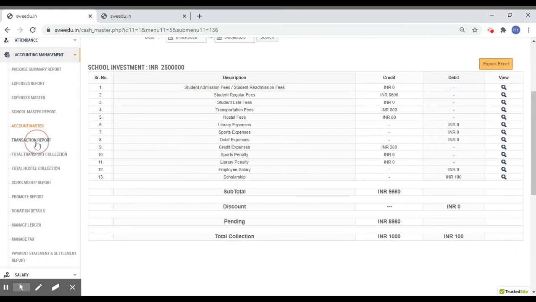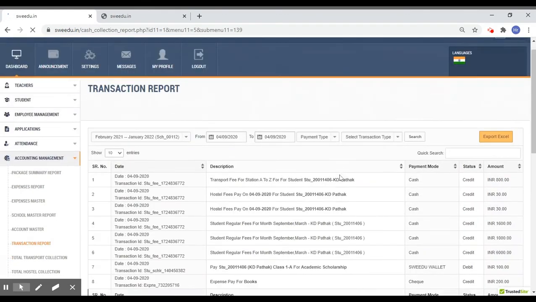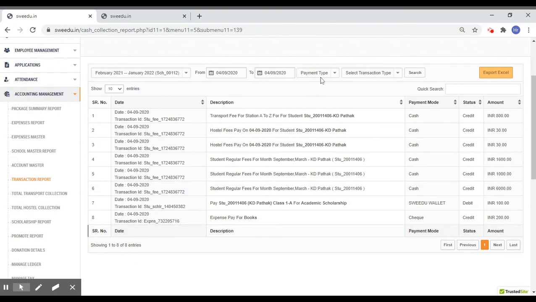In transaction report, all the transactions can be viewed on the basis of date, mode of payment, and type of fees. All its details can be exported in Excel.